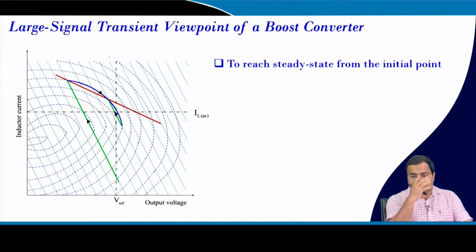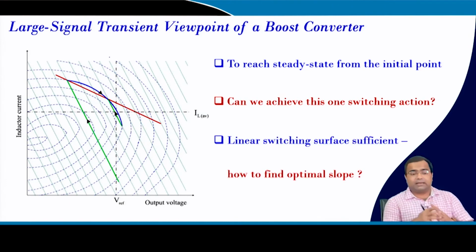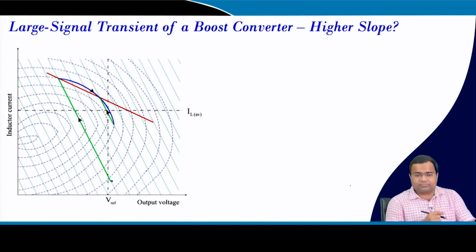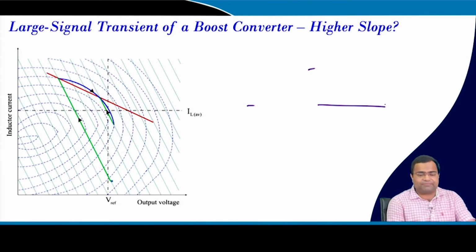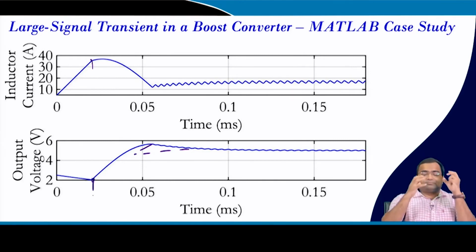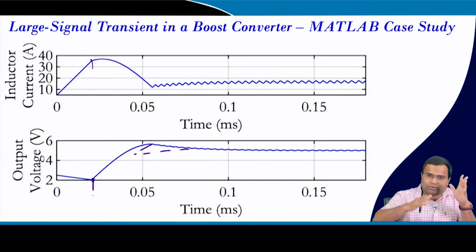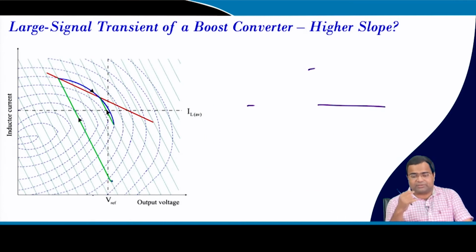So, that means to reach steady state from any initial condition, we can achieve this in one switching action. Yes, linear switching surface is enough, but we need to find the optimal gain that we have seen. Now, if we increase the slope that we have seen, the current overshoot and voltage undershoot also increases, because even if you see the voltage undershoot here, it will also increase because your on time is large. So, in boost converter that is a problem. In boost converter, if your on time increases, the voltage undershoot also increases, because the voltage discharges this time, and that is not the case for buck converter. Okay, so that means your voltage undershoot increases,